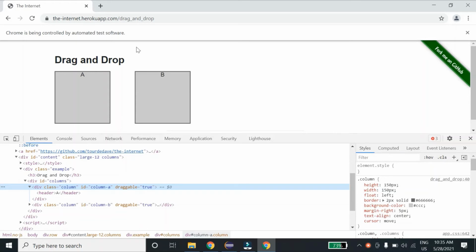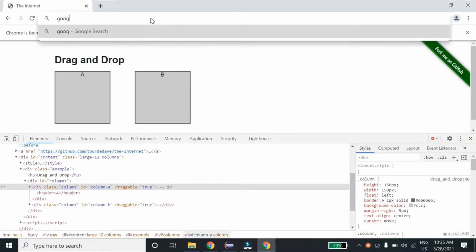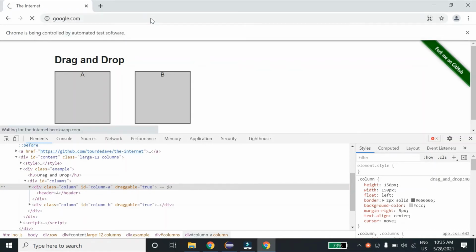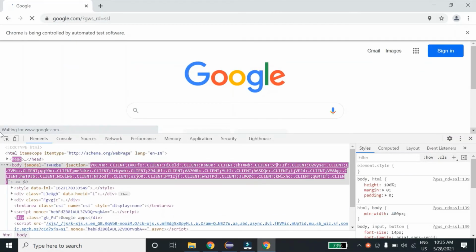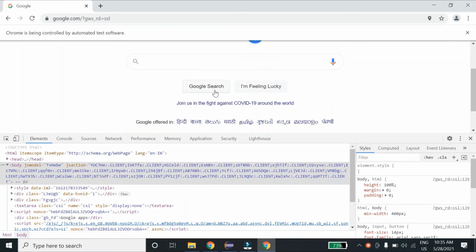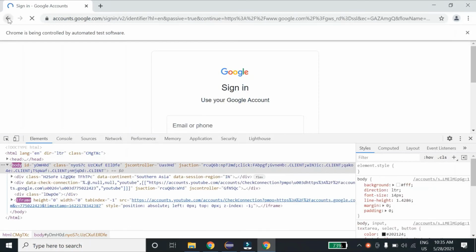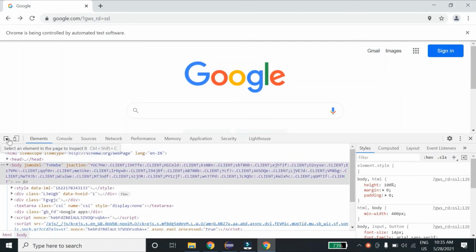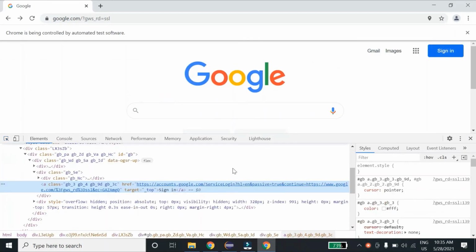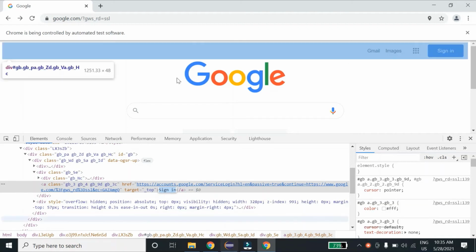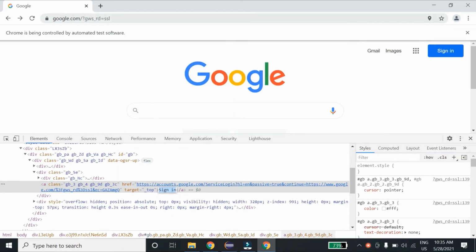And in the end, let's see how the text thing works. So let me go back to google.com. Let's see. Okay, there's something happening if I click on the sign in. Yes, there's something happening. So let's locate the sign in with the help of associated text, that is sign in. So we are back in google.com.